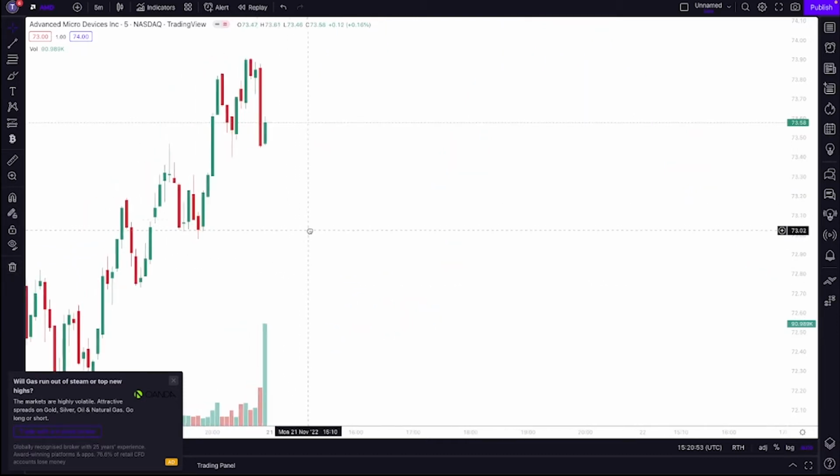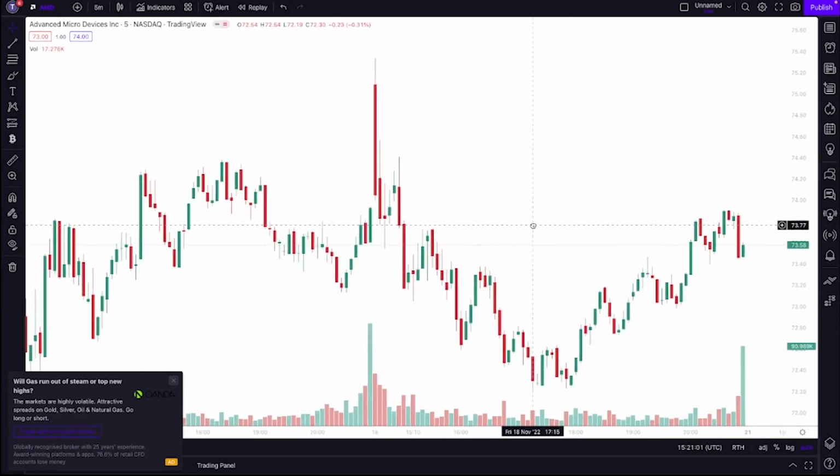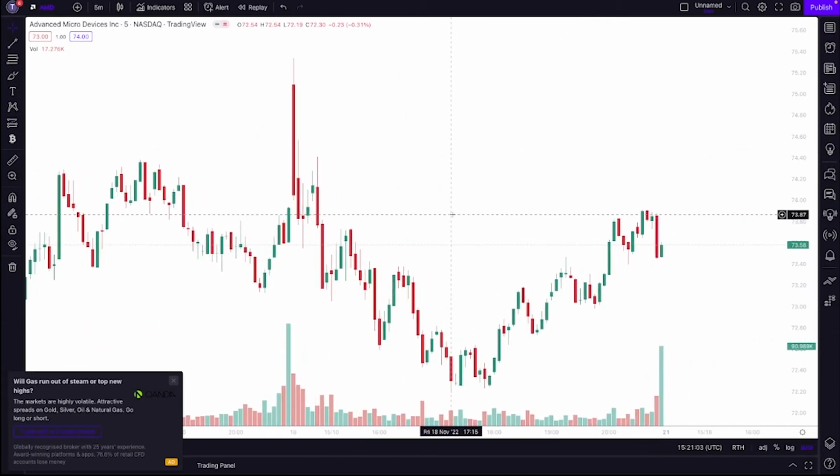Everyone used to make this mistake. As a beginner, you make this mistake. You tend to make this mistake, and I'll give you a great example of when you can and when you shouldn't buy. So let's just look at the chart on AMD, but I'll show you an example of these different